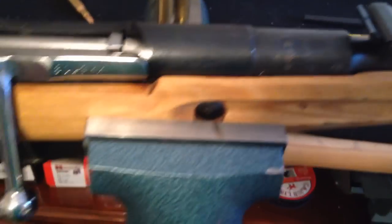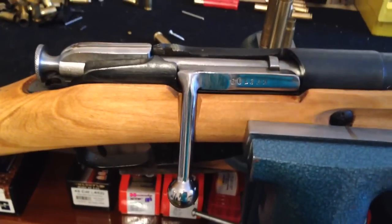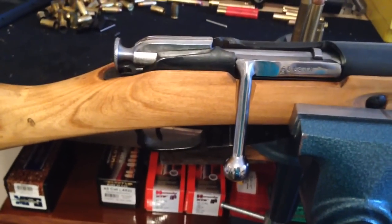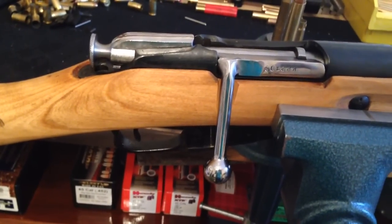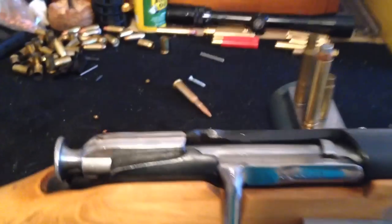I'd like to thank Classic Firearms for making these guns available, and widely available at that, especially at the price. If you haven't bought one, I would suggest buy 1 or 2 or 3. I bought 2. I gave one to my dad. He loves it. I love mine. I'm getting about close to 1 7/8, maybe a little bit more, with 5-shot groups, and that's using the